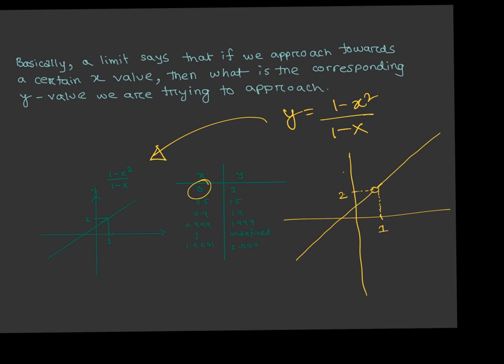And when you are closing down more and more towards x equal to 1, you are closing down towards y is equal to 2. See, when x is equal to 0.999, y is equal to 1.999. But when x is exactly equal to 1, y is undefined. So we can see the tendency of the function, that is, it is trying to reach towards 2, but it can't reach exactly 2. So what we say is,